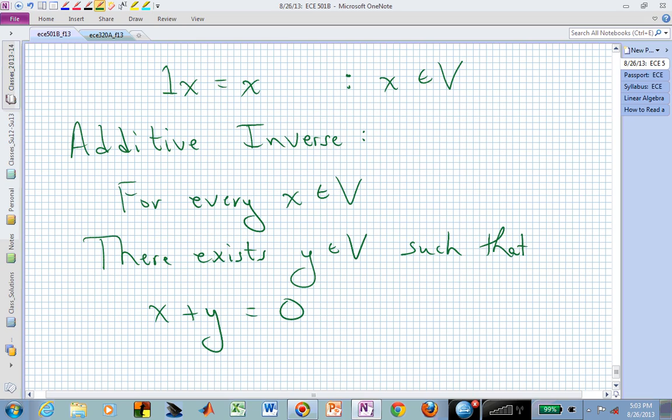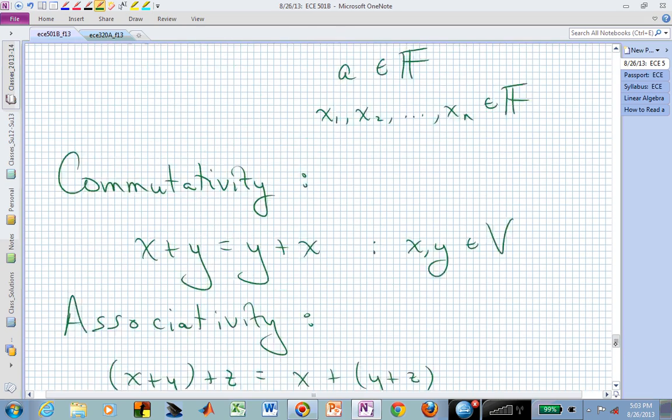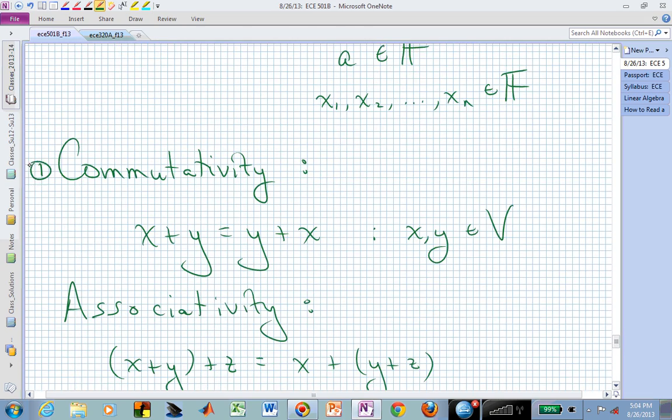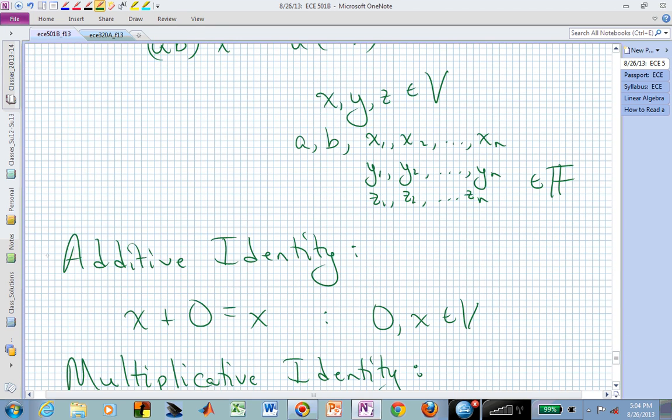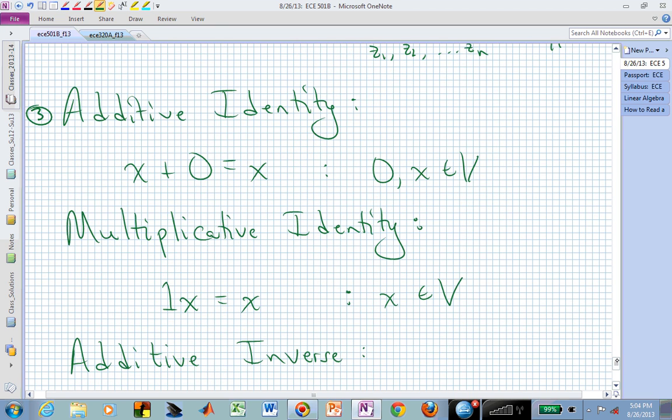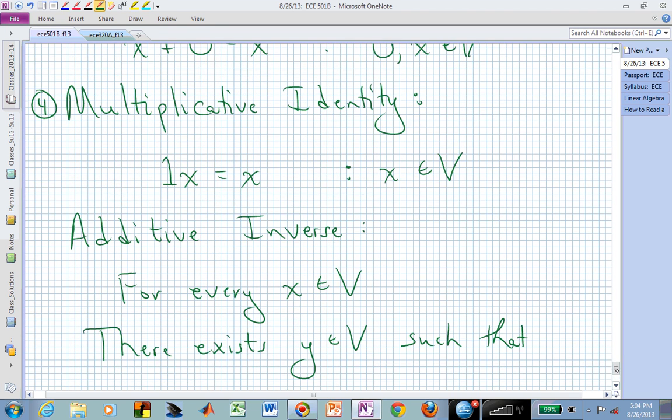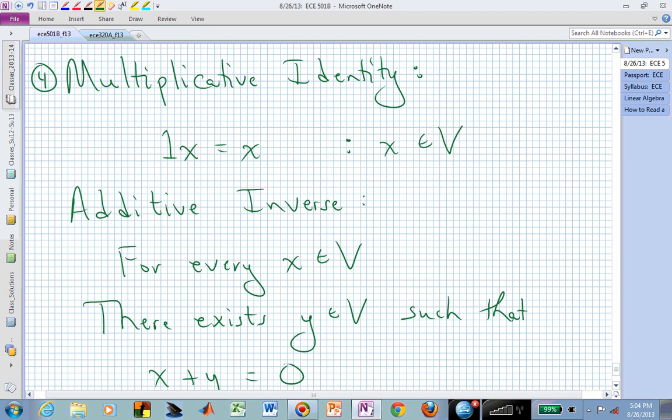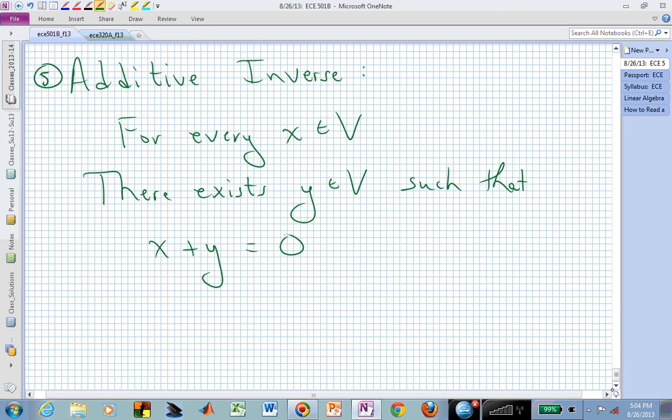The other thing that we need, how many do we have so far? We have 1, commutativity. We have 2, associativity. We have the additive identity, which is just the 0 element. We have the multiplicative identity, which is really just the 1. We're not really scaling anything. We have the additive inverse. That means we can find any 2 elements in that vector space that when added together give us 0. And we finally have